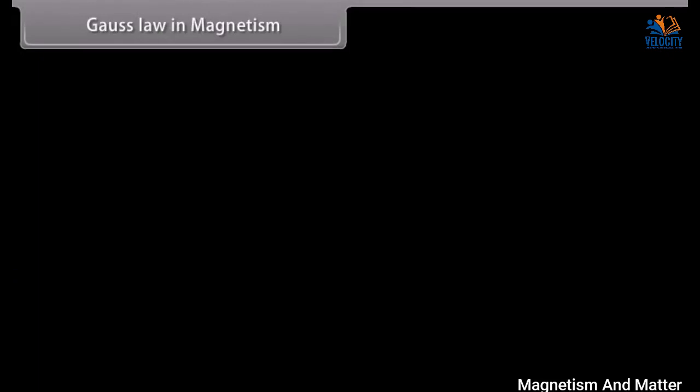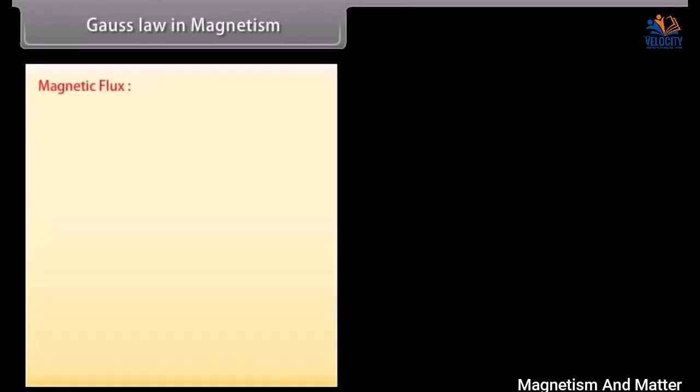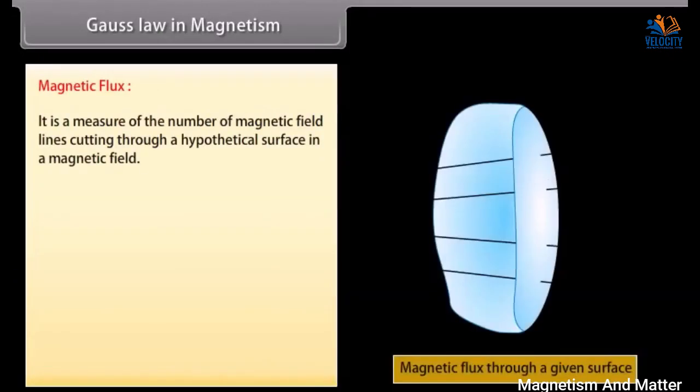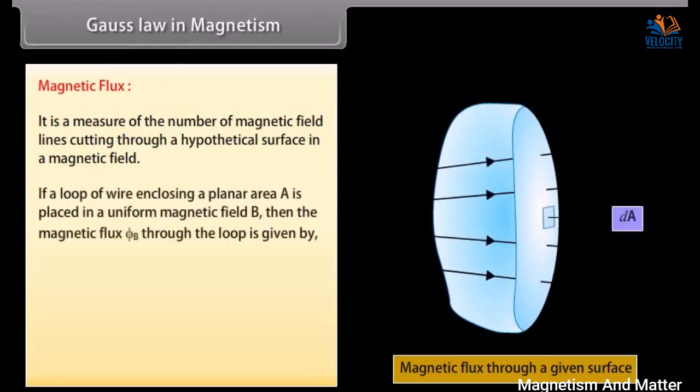Gauss's law in magnetism. Magnetic flux. It is a measure of the number of magnetic field lines cutting through a hypothetical surface in a magnetic field. If a loop of wire enclosing a planar area A is placed in a uniform magnetic field B, then the magnetic flux phi B through the loop is given by dot product of B and A,